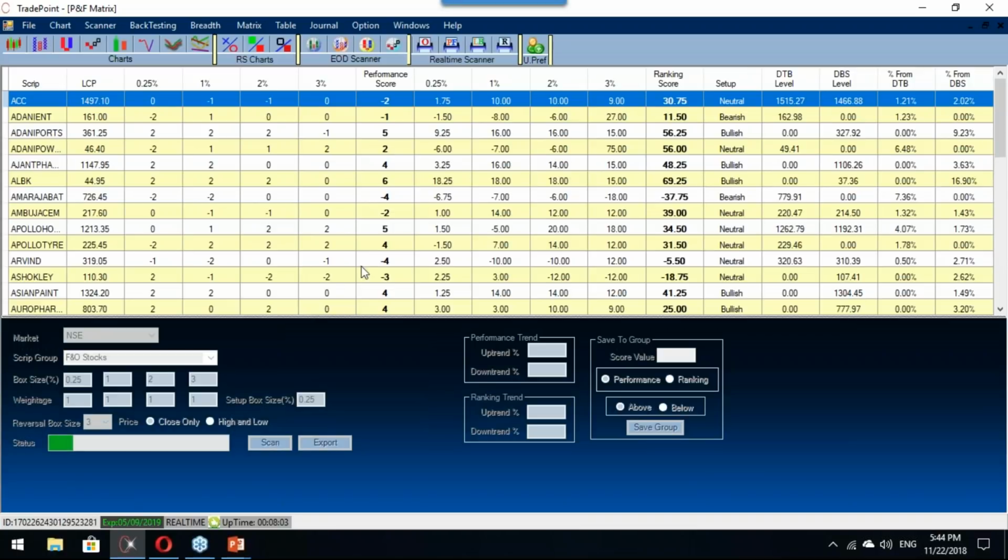as 1%. So basically, I'll have three different files. I will use the relative strength file as my base file, and I will incorporate the performance score from this file, and I also want to pull in the setup in 0.25% box size and 1% box size. If you're really particular about that, you can pull in the setup from those two box sizes as well, right? And then